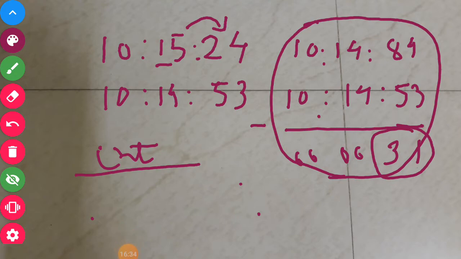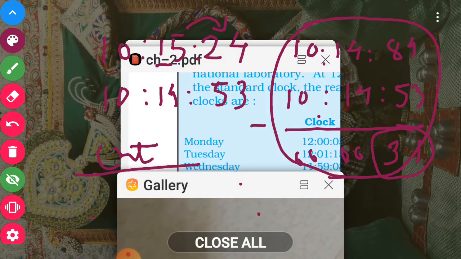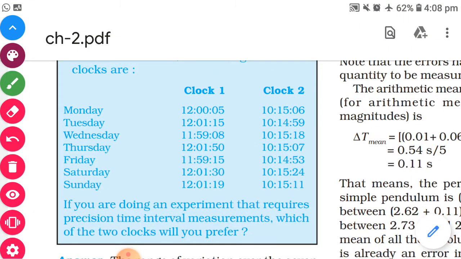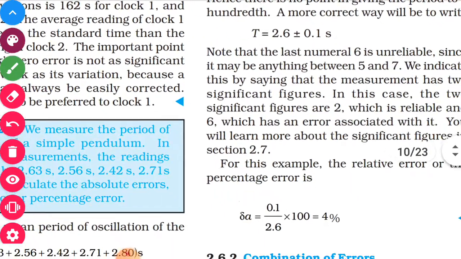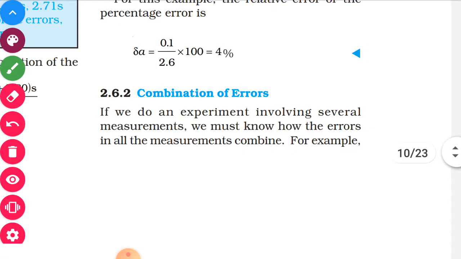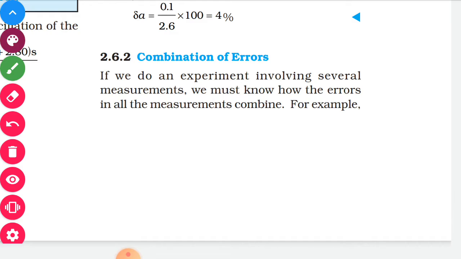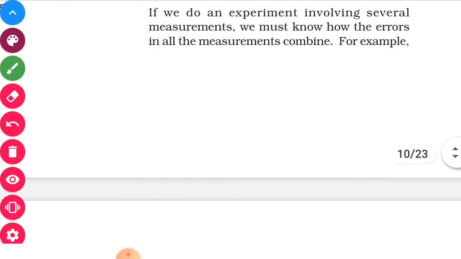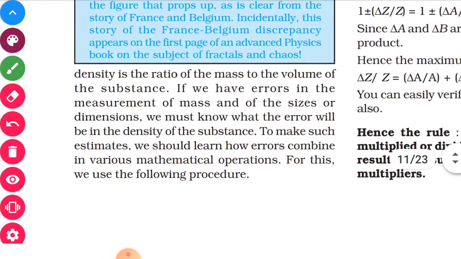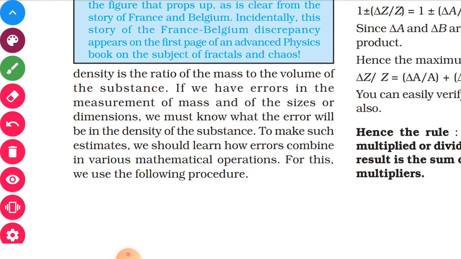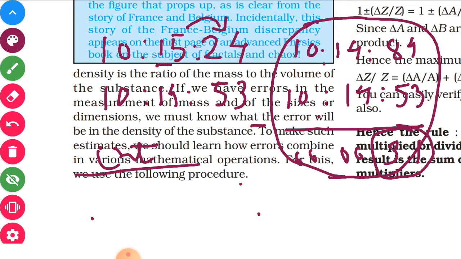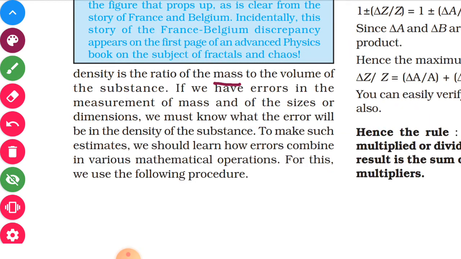Now many times, if you are dealing with different physical quantities in daily life, then the different quantities are combined in physics. So we have to combine the different quantities, and therefore the errors will also be combined. Say, for example, you want to measure density, then it is the ratio of mass to volume. Mass upon volume is nothing but the ratio which is known as density.